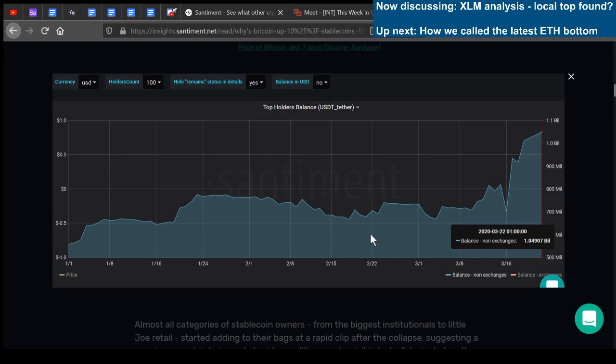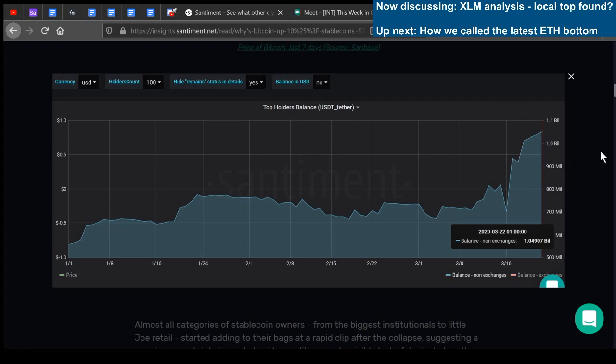So basically, the biggest Tether whales. And what you see is that since Black Thursday, which was here, they have pretty much been accumulating stablecoin, in this case Tether, at a very high clip. So what this indicates, and I think we've seen the same sort of pattern on most stablecoins, is that people are very undetermined about where the market will go, and it seems to be a capital flight type of thing where people are moving away into low volatility assets